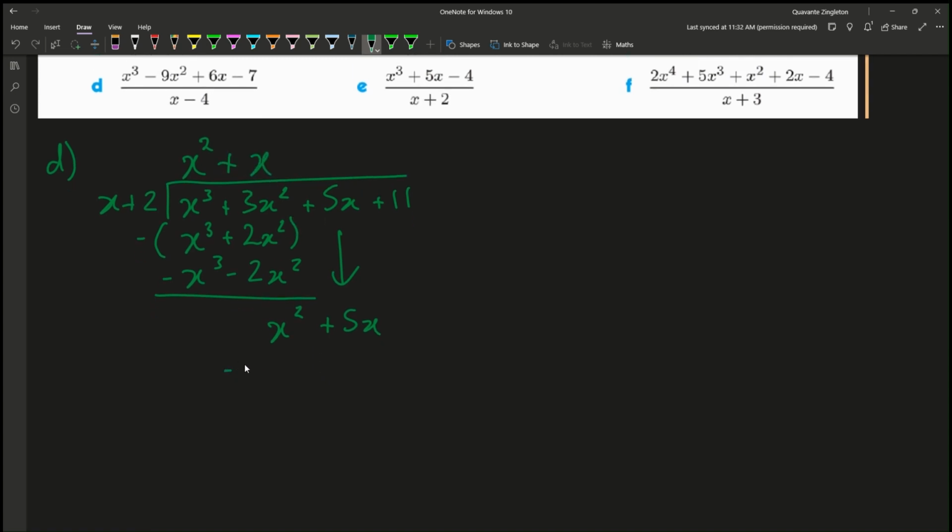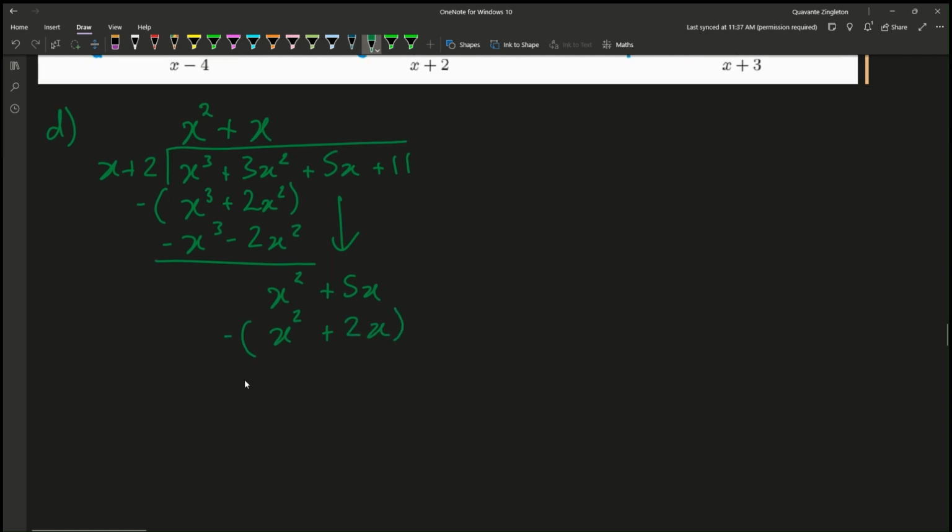And then I do my negative. x times x is just x squared. 2 times x is just positive 2x. Factor in my negative, I get minus x squared minus 2x. Now I do my subtraction. x squared minus x squared cancels out, and 5x minus 2x is just 3x. Right? Now bring this term down,